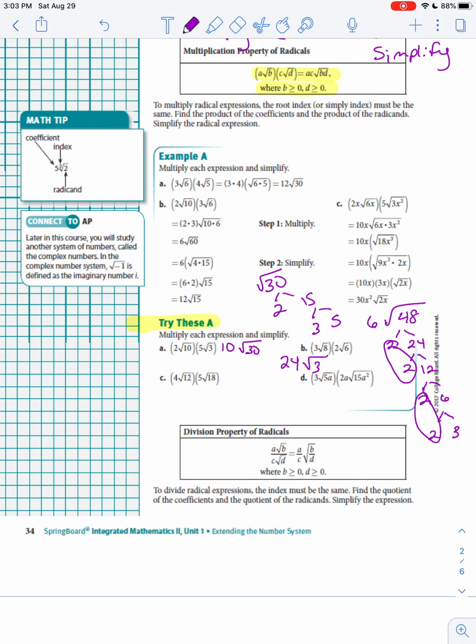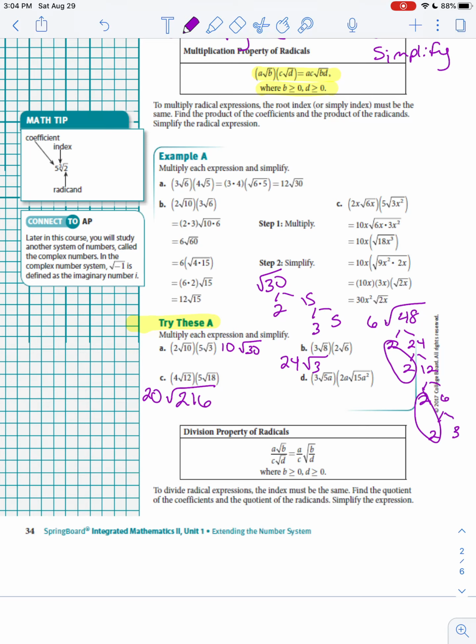Okay, now in part C, the numbers are kind of big, the 12 and the 18, but I would still probably multiply first instead of simplifying individually. So let's just give that a try and see what happens. We may have to do a breakdown. So let's try 4 times 5, so we know that's 20. Okay, and then 12 times 18, so let me go to my calculator, 12 times 18, that's